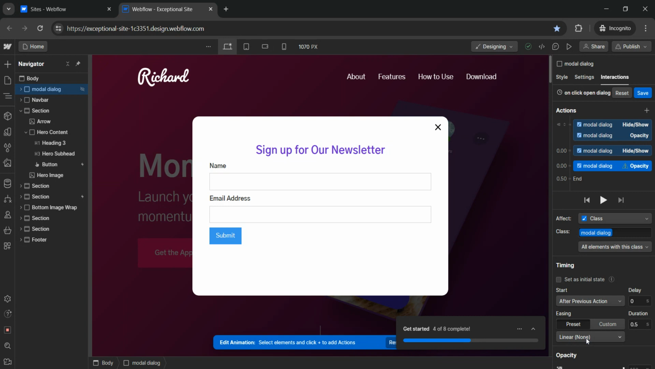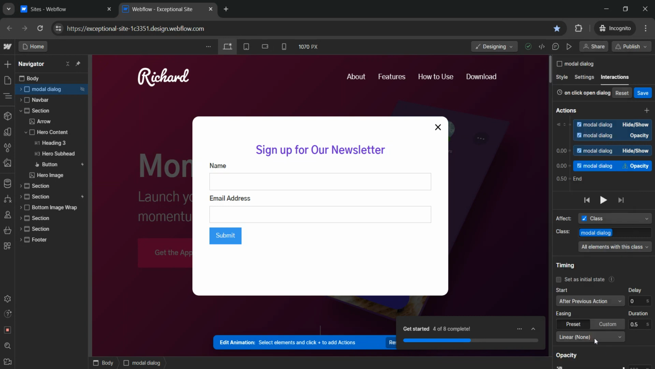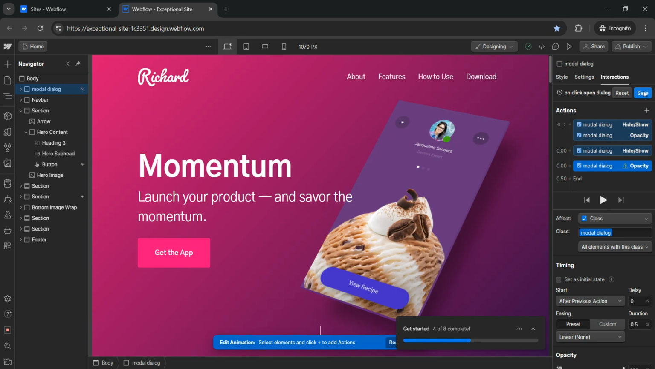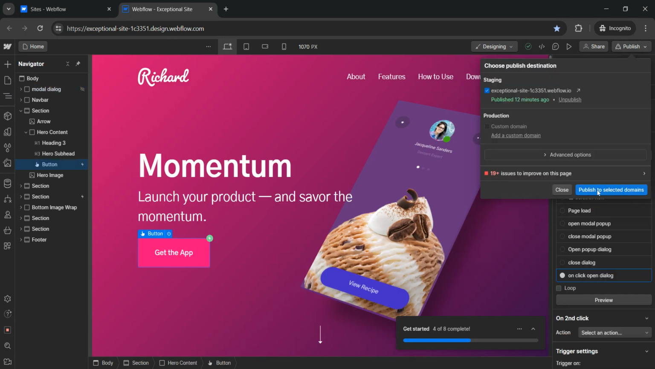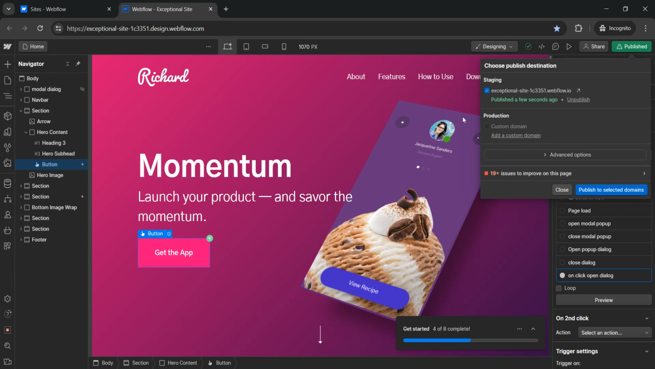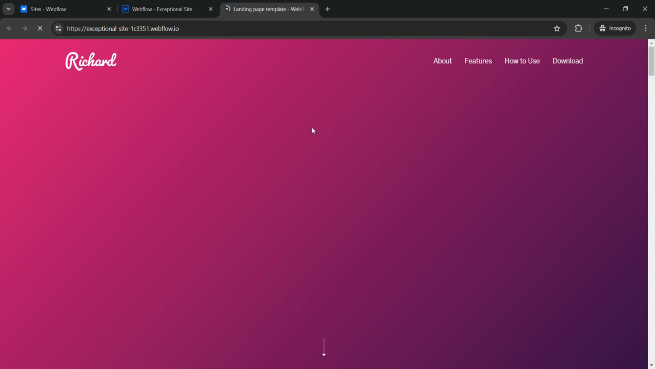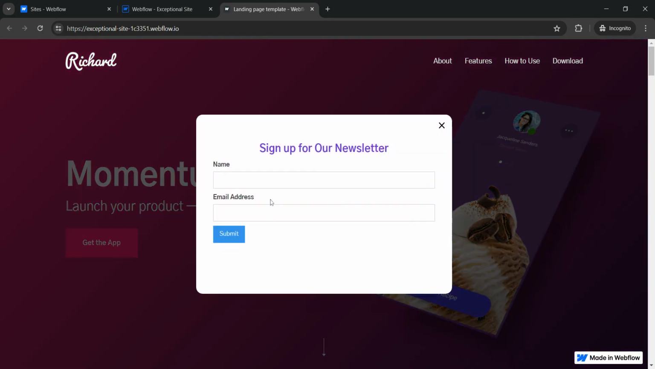Opacity will be this, and you can change any animation you like from here, and you can check the action. Okay, save. I'll publish this change. Okay, view. Now on click of this, a pop-up will open,